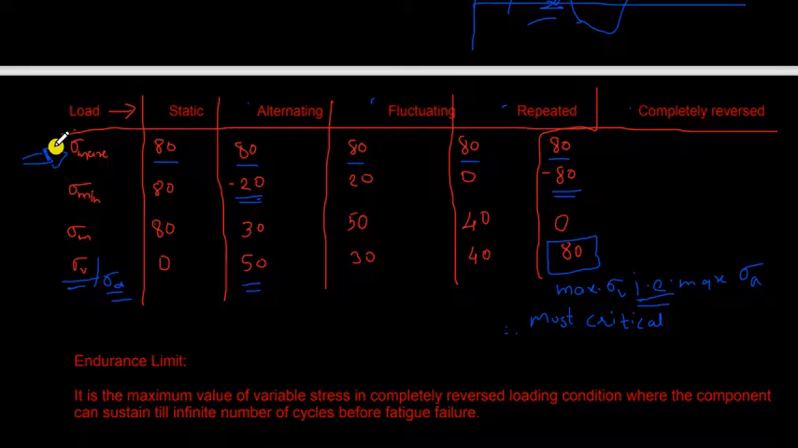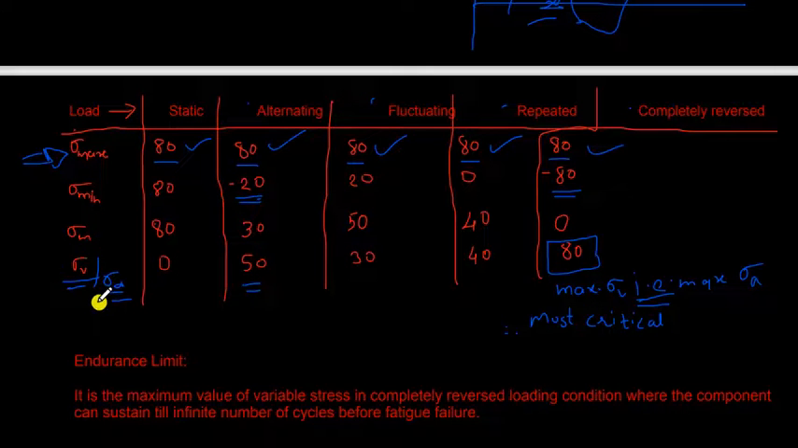effect of these different loading conditions if all the maximum stresses have the same value, just the type of loading is different. Here you can see in static loading condition we have maximum stress equal to 80. Everywhere in alternating, fluctuating, repeating and completely reverse we have the same maximum stress value, that is 80, right? Let's say 80 megapascal is the stress value. Now this